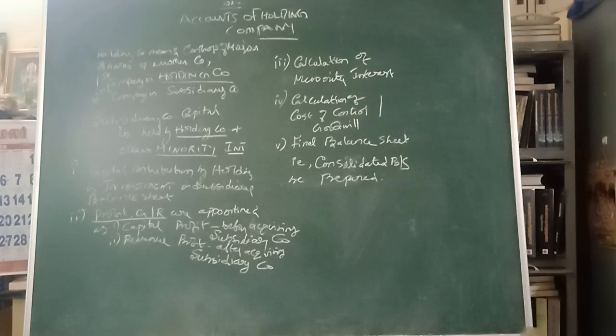In this balance sheet, one point we should keep in mind. Assume A Limited is taking over B Limited. The total value of assets and liabilities of A Limited as well as B Limited, both will appear in the consolidated balance sheet. But at the same time, A Limited will have a separate balance sheet including the B Limited information, and B Limited will have a separate balance sheet only for their activities. So consolidated is for the group.